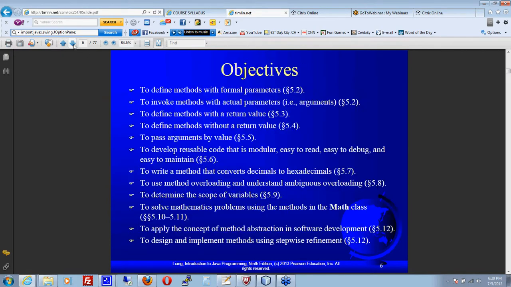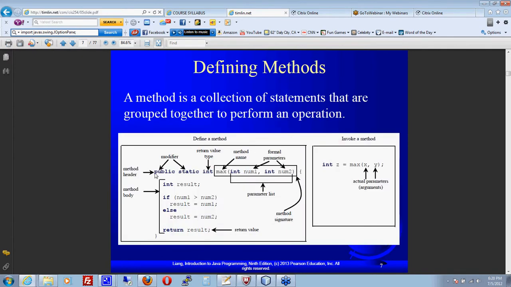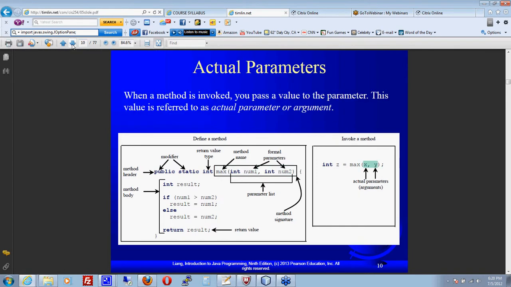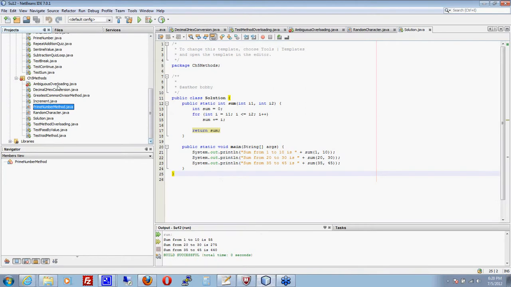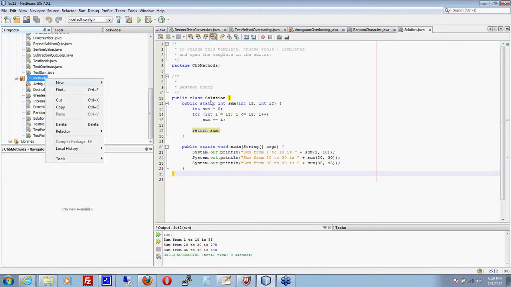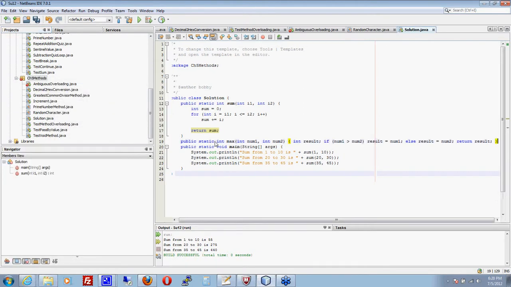Let's see if this works. Well, actually, let's just do it here. Well, this will work, except that it's